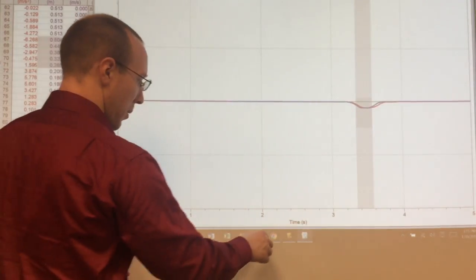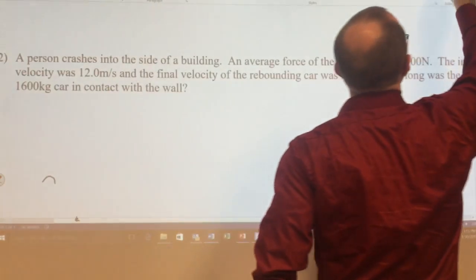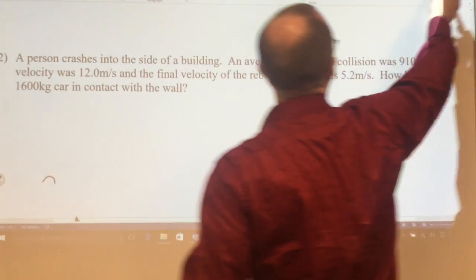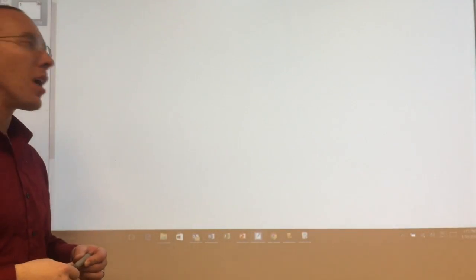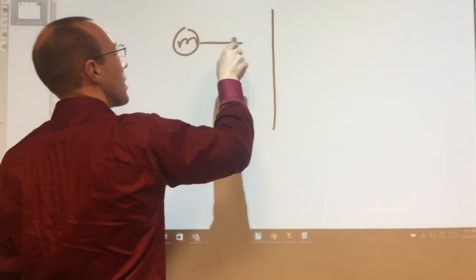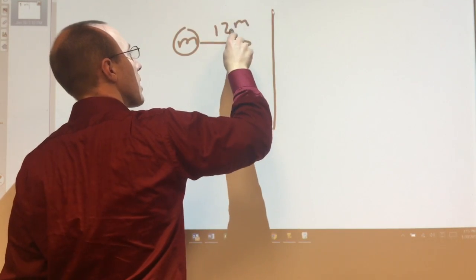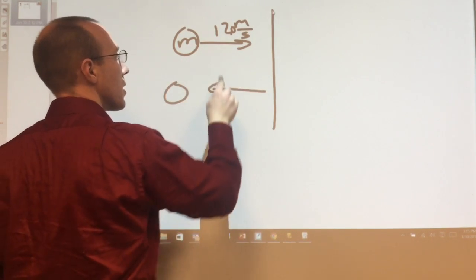So I think it's important to draw a picture every time you do one of these problems. I know that I've said before that you don't have to draw a picture, but I really do think it would help. So if we were to draw a picture of a wall and a mass going in at 12 meters per second, and then it rebounds